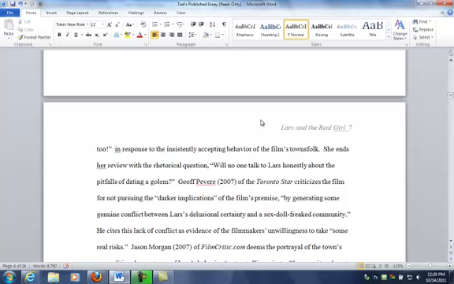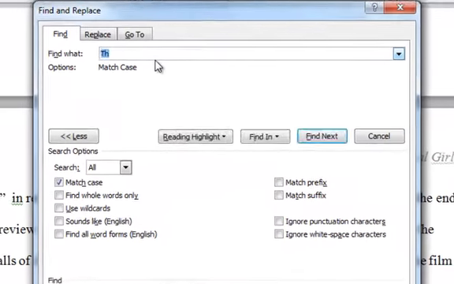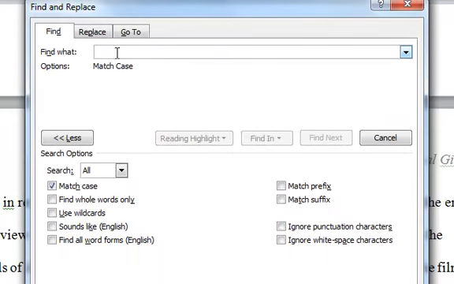So how do we go about doing this? Well, let us go up here to the handy dandy Find button, which is right next to the binoculars, and we'll click on the little down caret. There's a number of ways you can do this. I like using the advanced Find feature. I just like the dialog box a little bit better there. I'm going to click that, and up here in the Find What, we will say